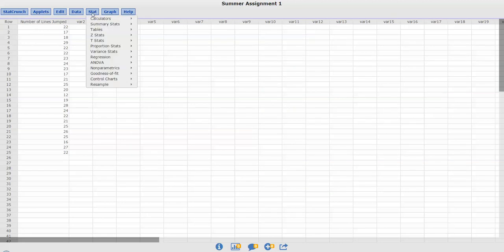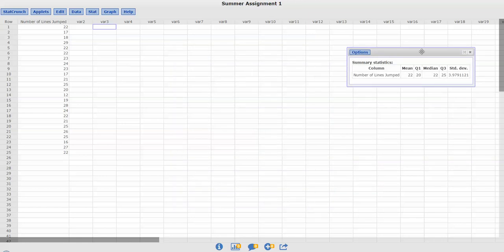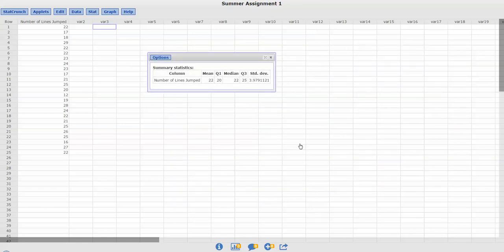We will now do stat and summary statistics on a column, because it's a column of data. Here's the column we want. Okay, and what I'm asking you for is the mean, the Q1, the median, the Q3, and the standard deviation. Now I click them in that order because if we hit Compute, it gives it to us in this order,